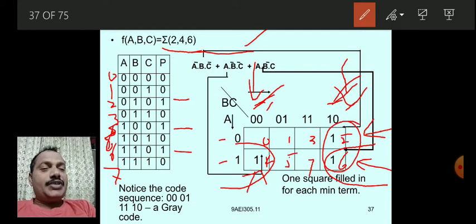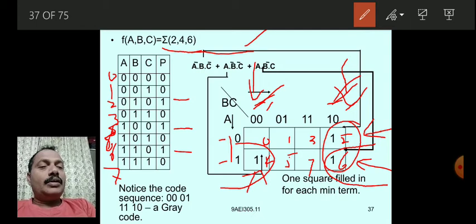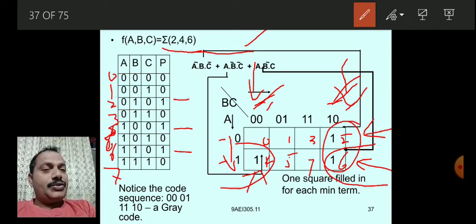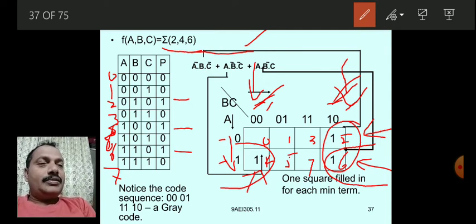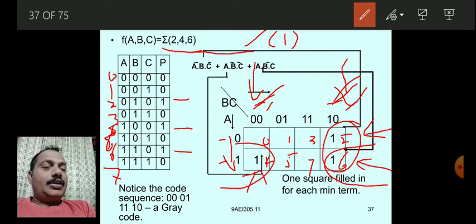A is changing from 0 to 1. Hence, whenever a literal is changing, you have to eliminate that literal. So A is eliminated, that means it is 1. That means the row side we have written in the brackets.